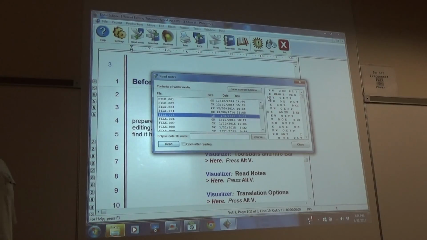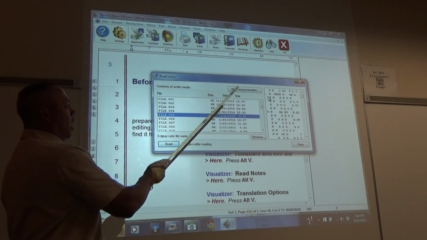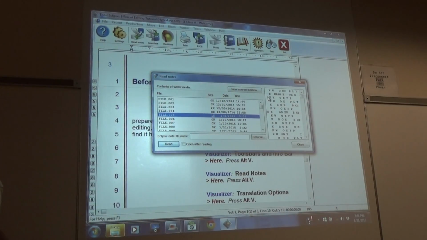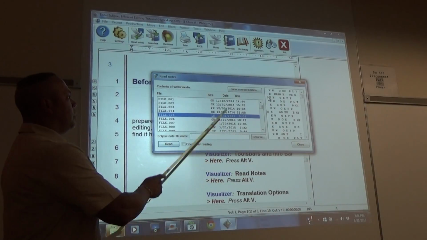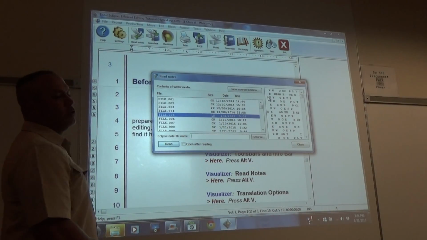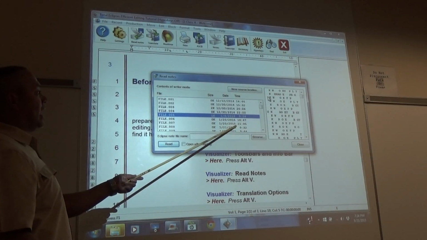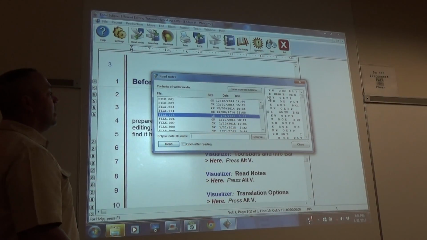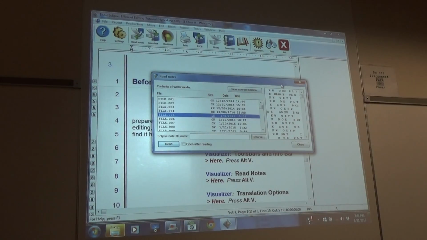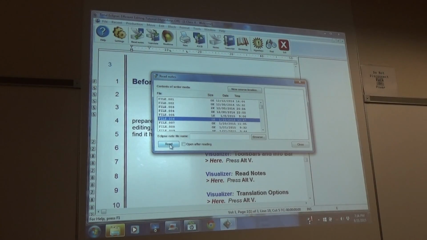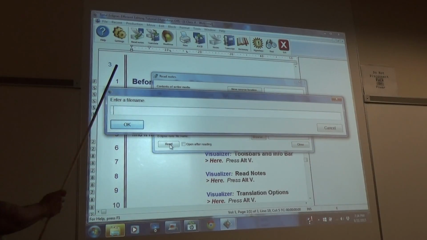So when they come in and ask me and they say, hey Dave, I need a certain case, I ask them, well, what kind of case was it? And we have certain cases that we hear in the morning, and we have certain cases that we hear in the afternoon. So once he tells me what kind of case it is, I already know whether it was morning or afternoon. You know what we have in Chapter 262 on January the 20th, 2015. Okay, well I see that I have two files on January the 20th, so I know that it was in the morning. So I come down here, click on January the 20th, go read,